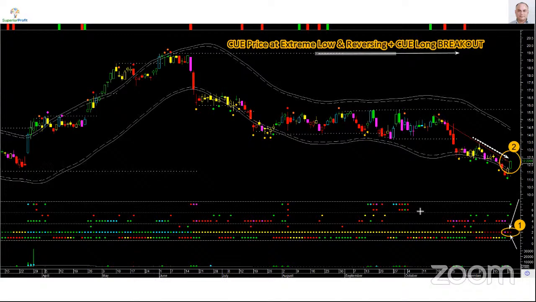And we searched for at extreme low reversing and breakout. And we also see it has a bullish pressure. That's the exact combo scan we are running right now. In this case, I did not include bullish pressure in the scan. So it would have shown results like this, and also results where